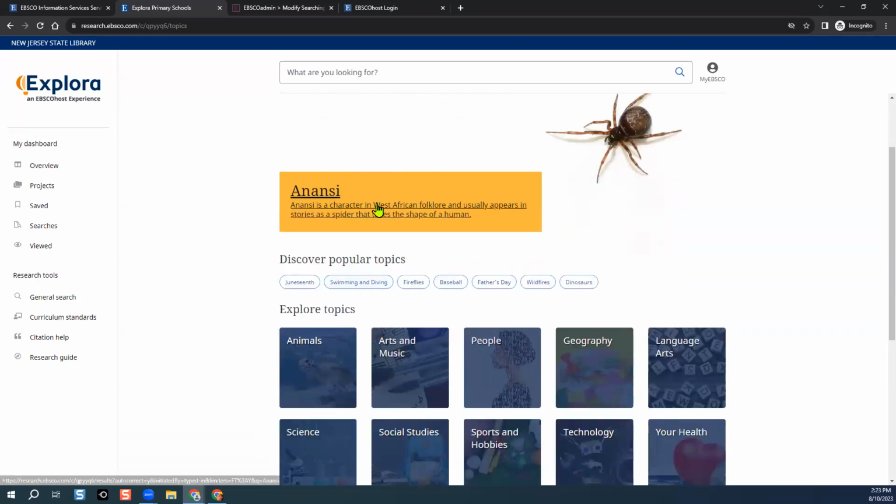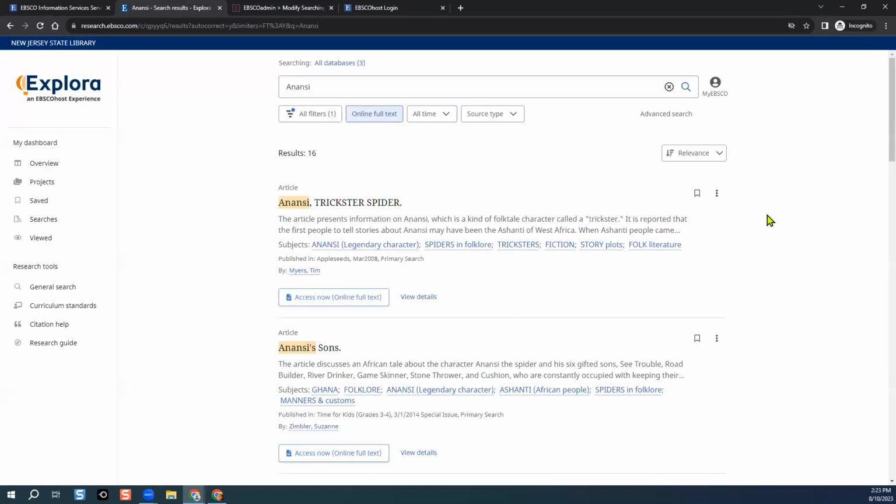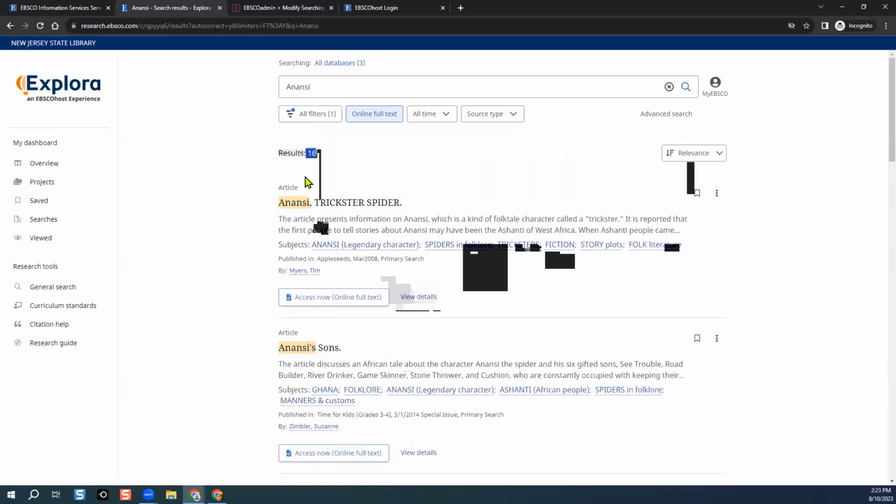If I wanted to learn more about this, I can just go ahead and click the title, and that's going to load an article or search results for Anansi. We can see 16 search results. In addition to scrolling through those 16 search results, we also have the ability to use our filters to refine